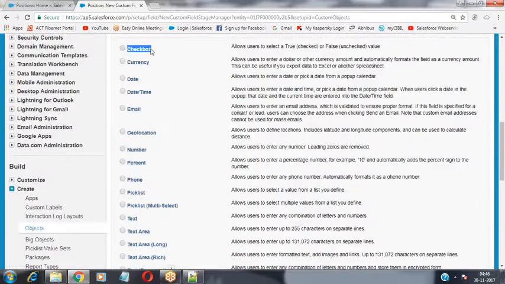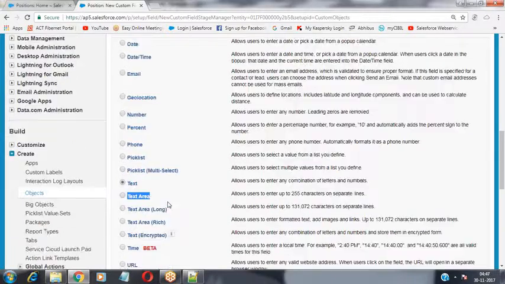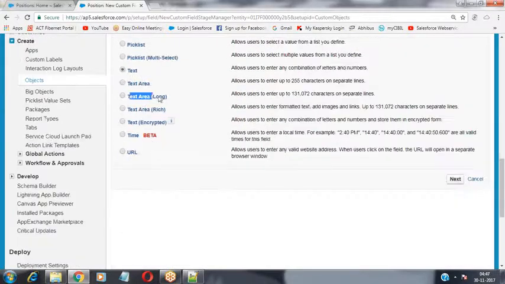And then we have checkbox type, currency type, date type, date time, email, geolocation, number, percent, phone, picklist, multi-select, text type, text area, long text area, rich text area, text encrypted, time, and the URL. These are all the data types, and their properties and functionalities we have discussed.